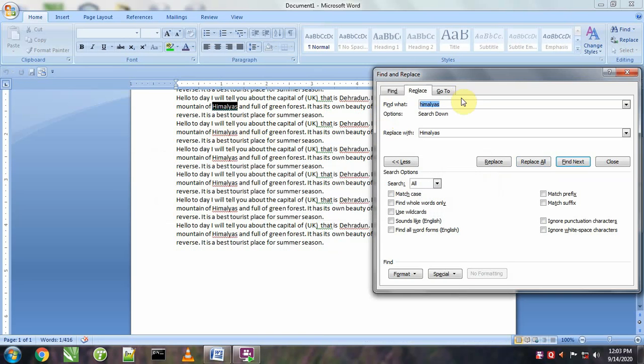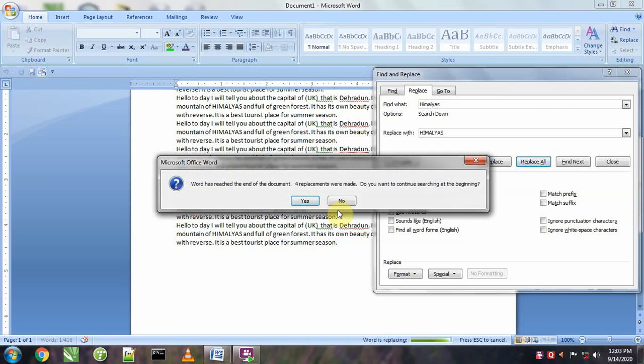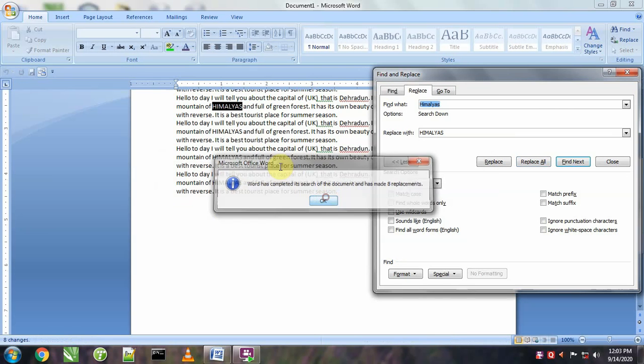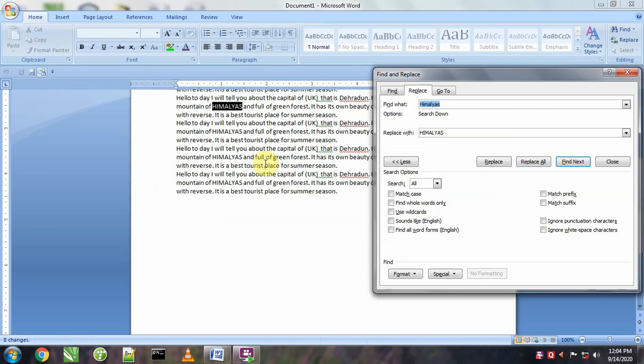We can convert the complete word Himalayas to uppercase also, like if I copy this word and paste it here and write uppercase HIMALAYAS like this, then all small case Himalayas will be replaced by uppercase like this. So these are the uses of the replace command.